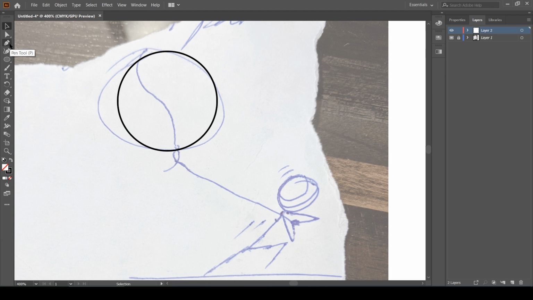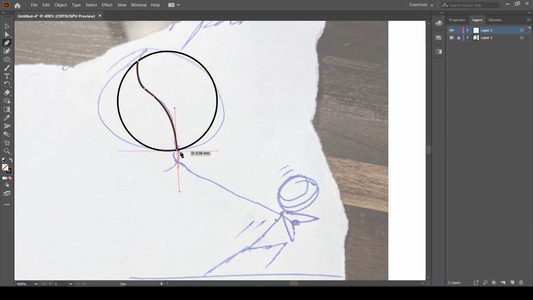Let's select the Pen tool and come here, click on this point. Now we are going to click and drag. Again we are going to click and drag for the curve. Let's remove the anchor point from one side of it.